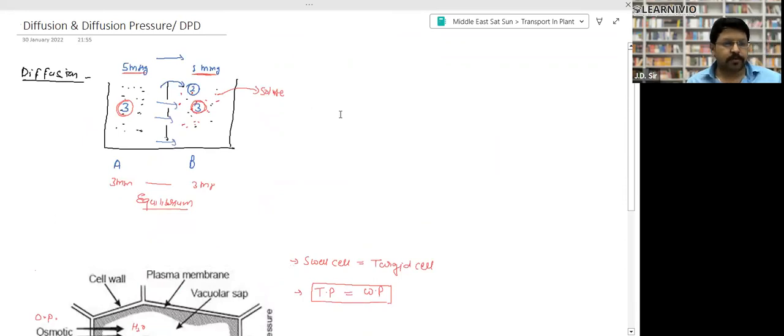So, what is the diffusion or diffusion pressure deficit, right? DPD. So, diffusion pressure deficit. Please, I want your 100% focus over here, right? We need to understand what is the DPD or what is the diffusion. So, in diffusion,